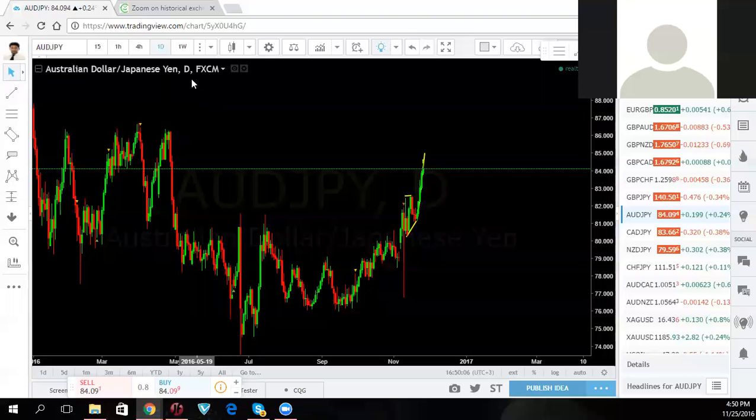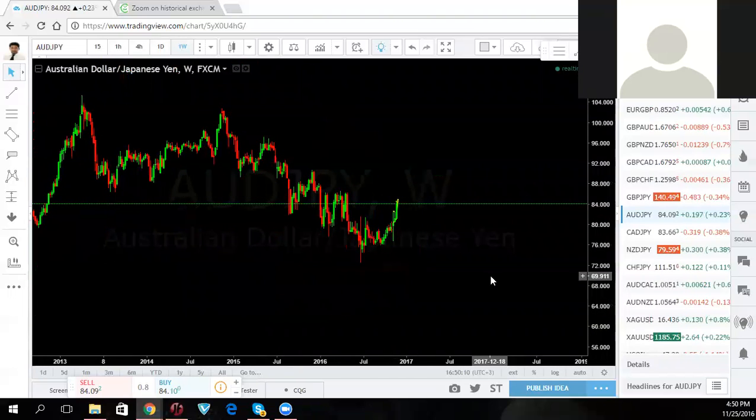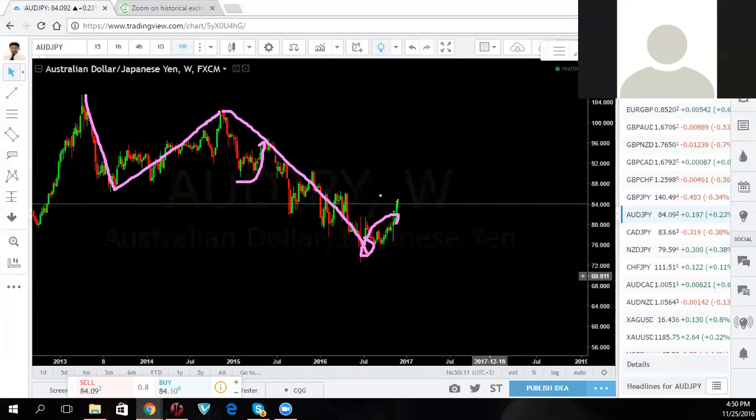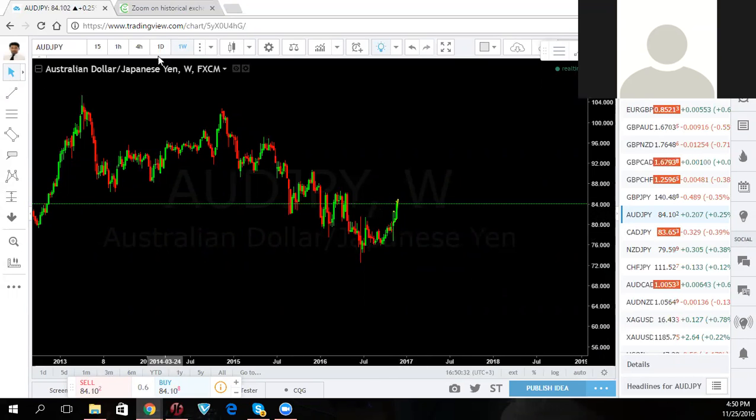So there are two ways you can look at this chart. Let me just give you the idea of the whole chart. You got an impulse down, you got a correction, and you got an impulse down. We thought this was an impulse the size of this one, so we're going to look for one more down and then the bigger one up. That is still possible. Let me explain again. We're still looking for a sell.